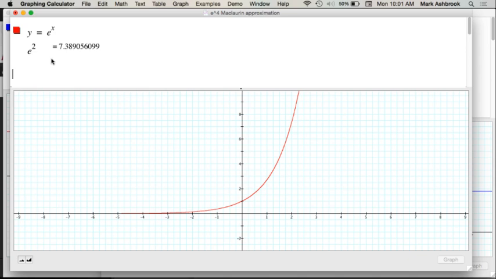So for example, let's look at e squared. The number e squared, again, does it have this value in its memory banks so that when you type in e squared, it spits back the number assigned to e squared? No, it calculates it, right? So when I type in e squared, it's going to calculate it, and it's going to use the series that we just found. We found that e to the x equals